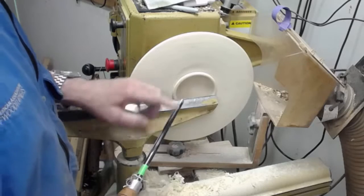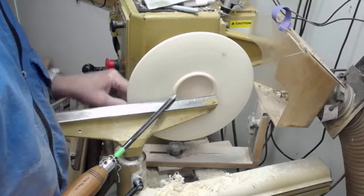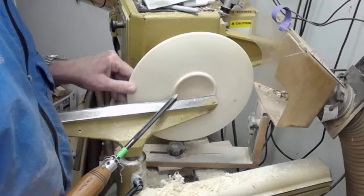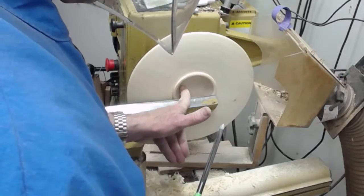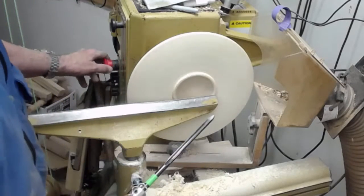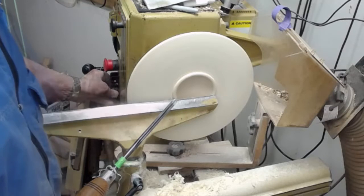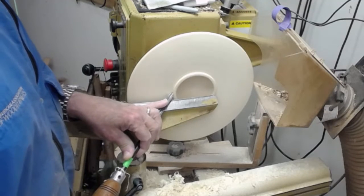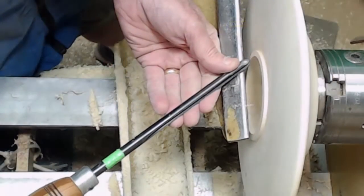Okay, first thing I'm going to do, I think, is level the height of the bead, since it's a varying height since it went oval. And then we'll take a pass to true it up on the end, a couple passes, true it up on the inside. So get the speed up a little bit. We're going to come in here,